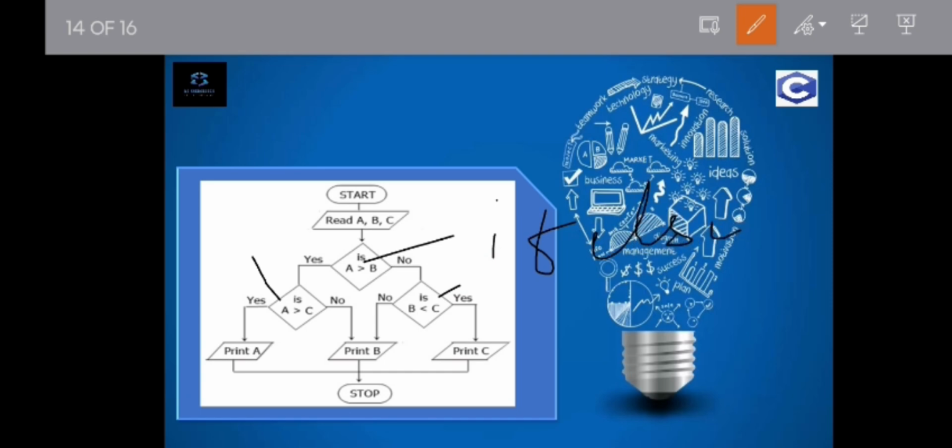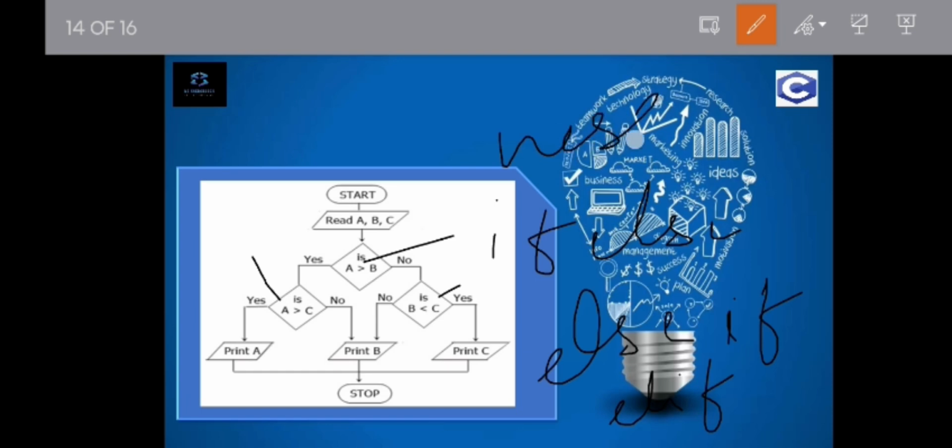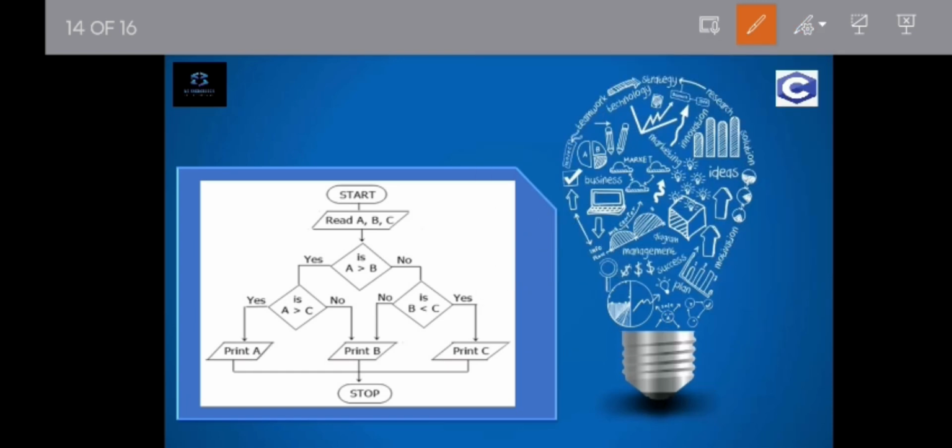The rhombus, as I said, we use for if, else, else if. Else if is nothing but elif. Next we use nested if, and this is for if we are reading A, B, C, we take input as A, B, C, we say if A is greater